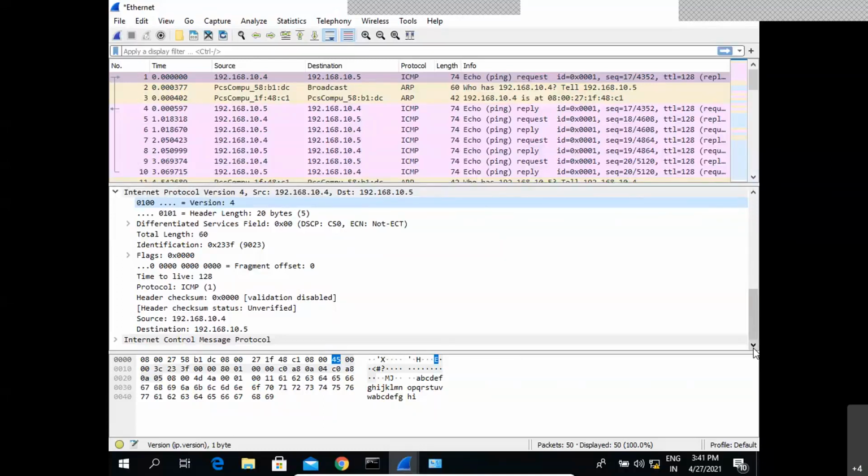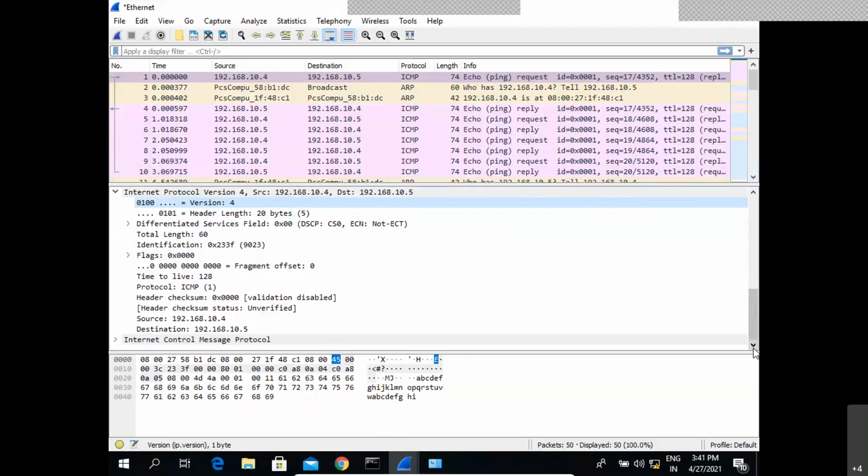Now, in the first section, we are trying to ping from 10.4 to 10.5, but we don't know where this 10.5 is located on the network. So we also needed to generate this ARP traffic. This ARP will try to find out where 10.5 is located. We can see in the first section, the human readable section, there are two ARP packets which are generated whenever I have started this ping command. The first one is called the broadcast in the ARP packet.